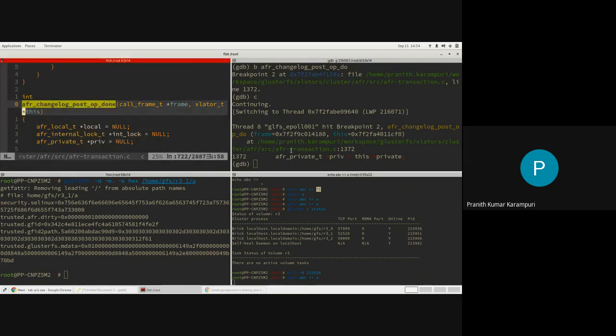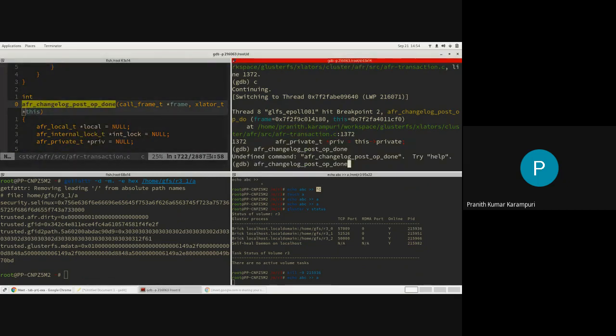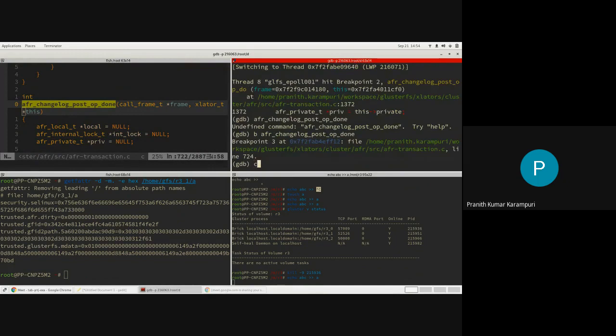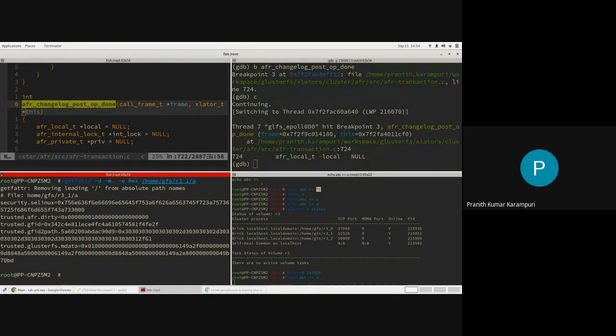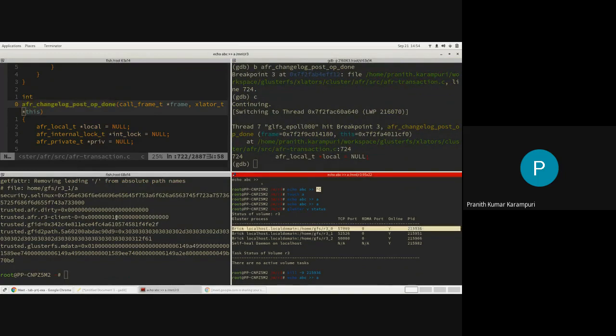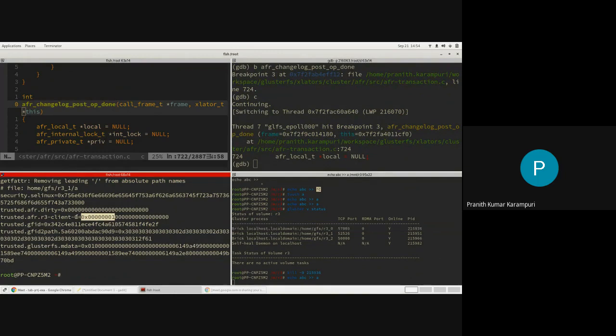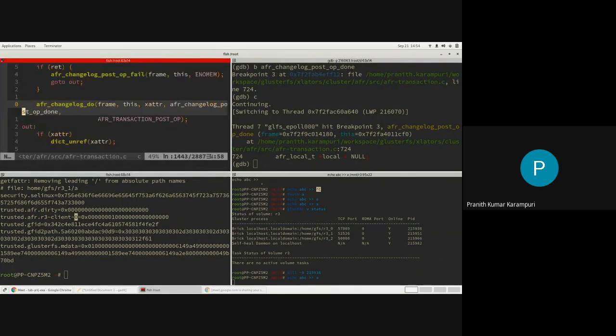We will put a breakpoint in the callback. Okay. So now you will see different markers. Because this brick 0 is down, there is a pending marking of +1 on this brick 0. You can see that code right here.